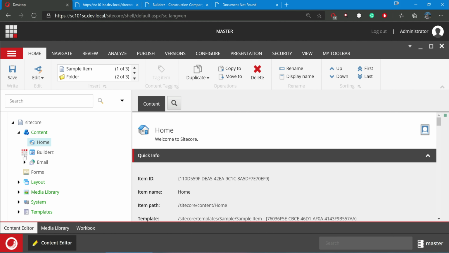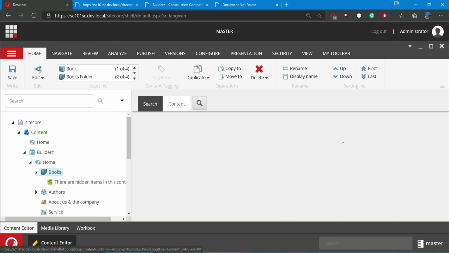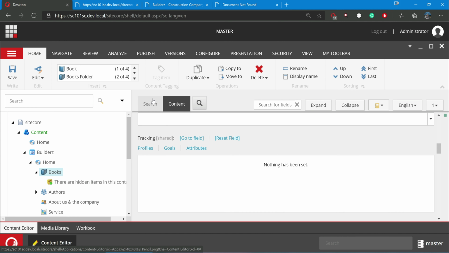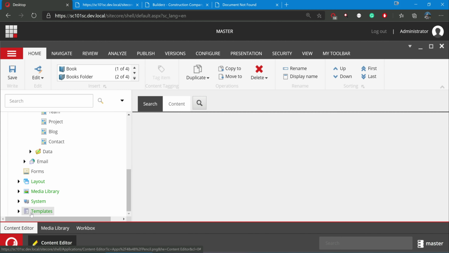Okay, it has come up. So if I go here, yeah, books, I want to search because I need the ID. It's not happening, just slow. Come on. Okay, let it load.